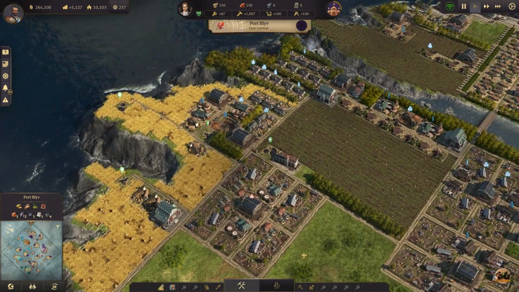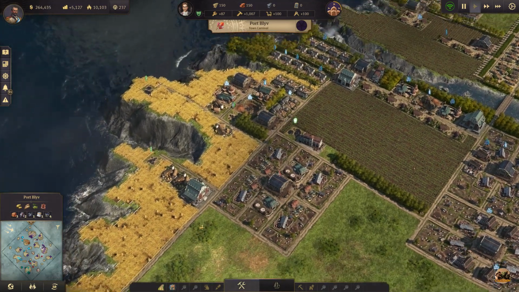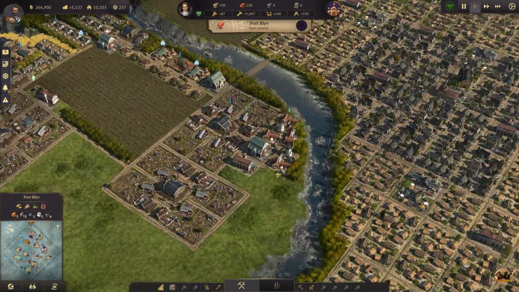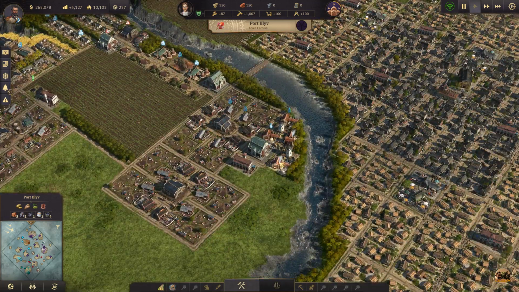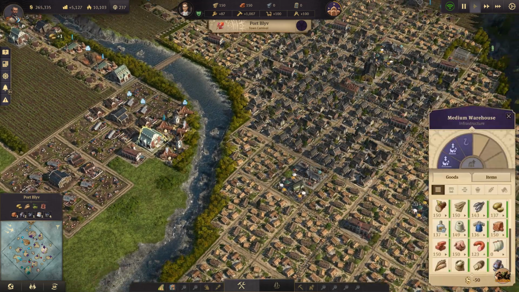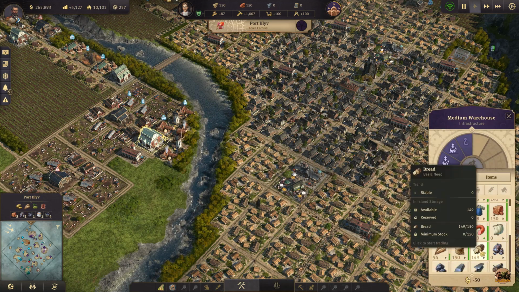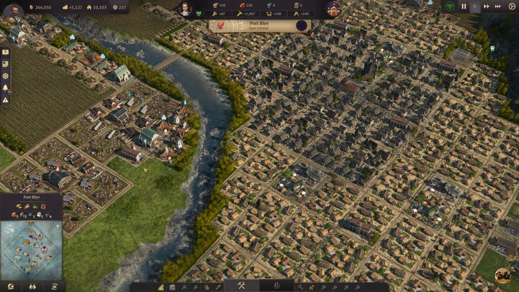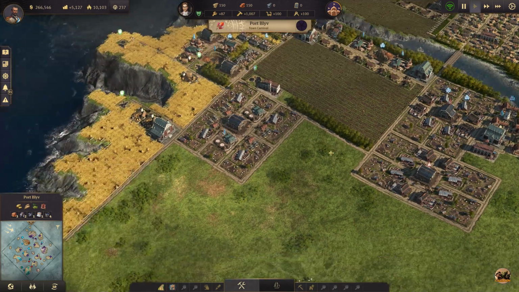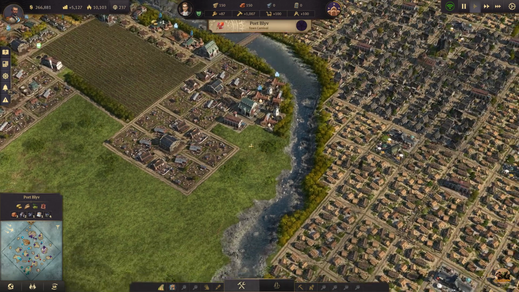I also have grain farms here, which produce enough grain for these 2 windmills and these 4 bakeries, but these are dedicated to the workforce on this island, and I do believe that I have just about enough. Yeah, I should be going almost in 0, so I might, or I will have to extend with more grain farms